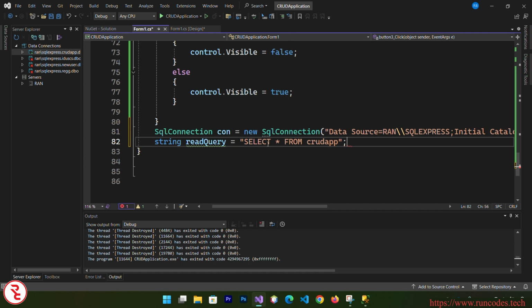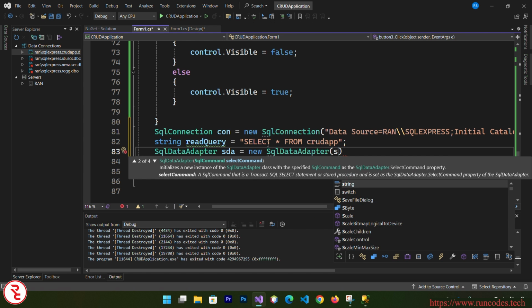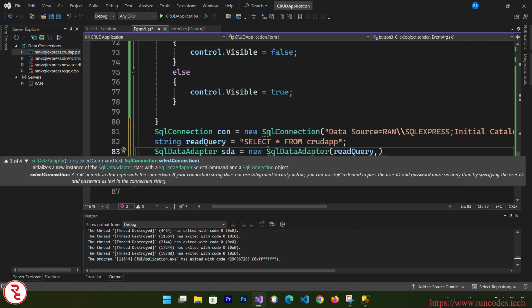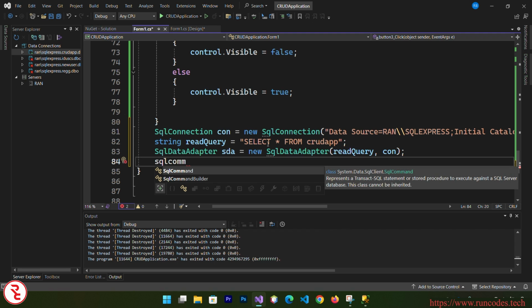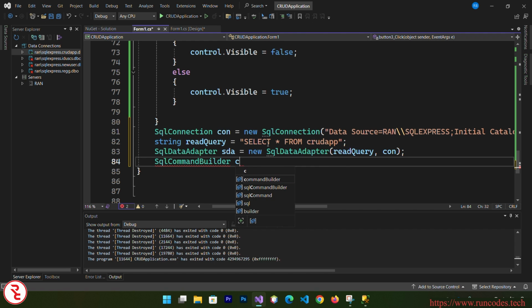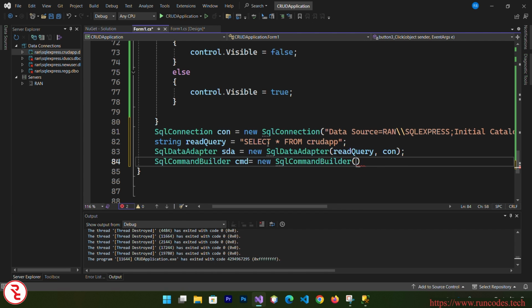Then I need one SqlDataAdapter. SqlDataAdapter sda is equal to new SqlDataAdapter, and here goes our readQuery and then the connection. And we need a SqlCommandBuilder cmd is equal to new SqlCommandBuilder, and here goes our sda. And then we need a DataTable dt is equal to new DataTable,